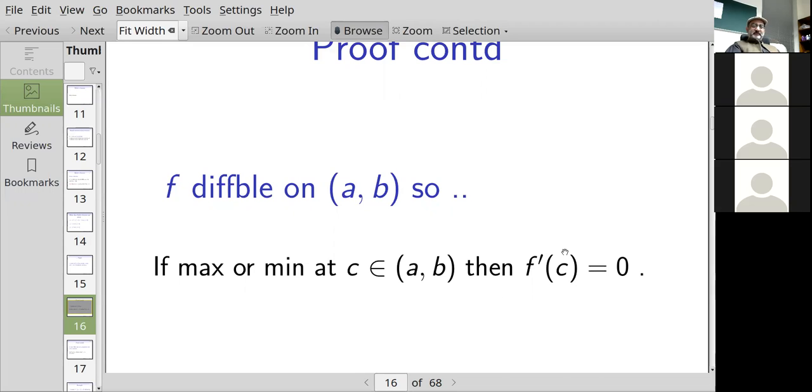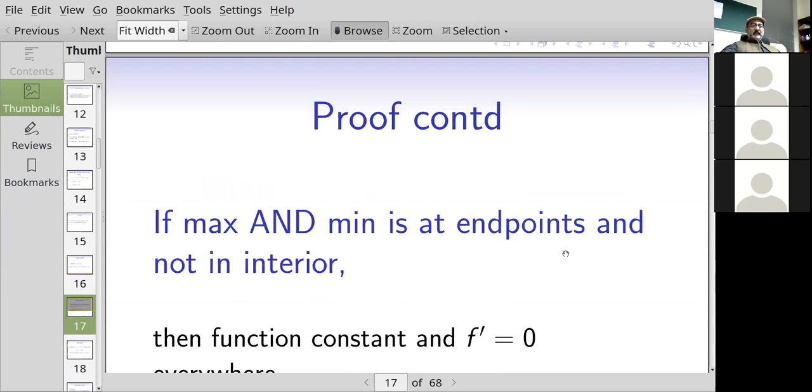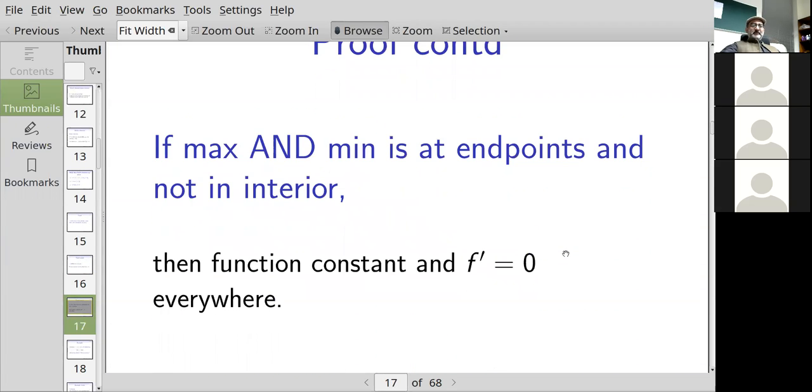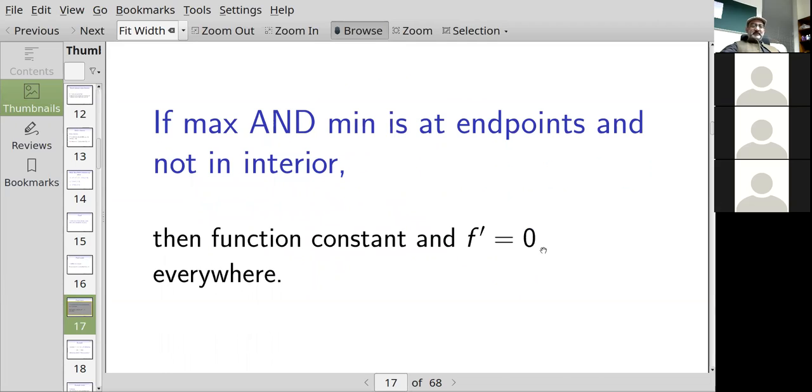Okay, and we had the previous result when we were talking about extrema. Now, the only other option is that the max and the min are at the endpoints. And if the max and the min are at the endpoints and not at interior points, then the function is a constant, and the derivative is automatically equal to 0 everywhere. Okay? So, whatever happens,